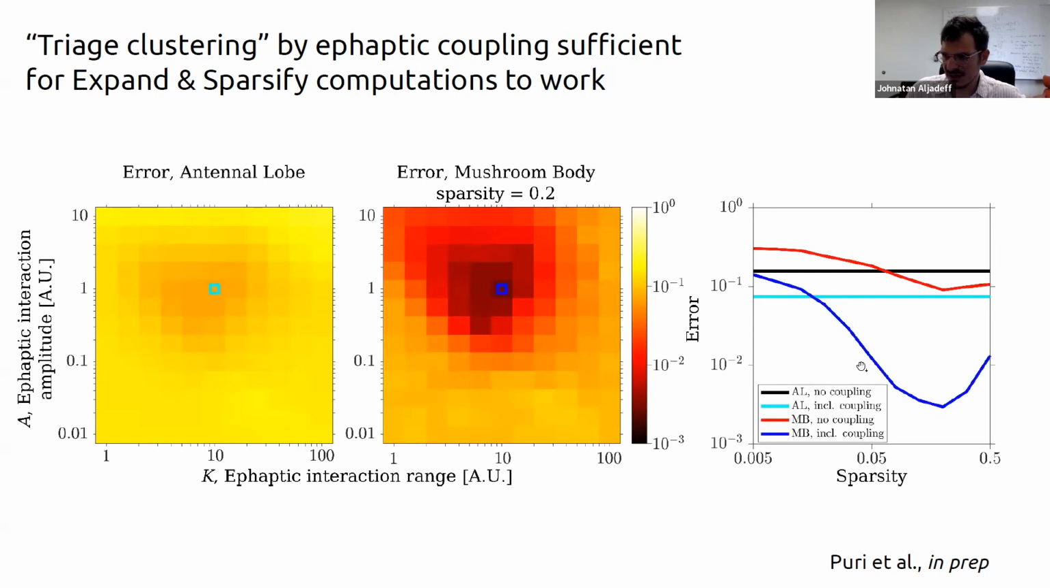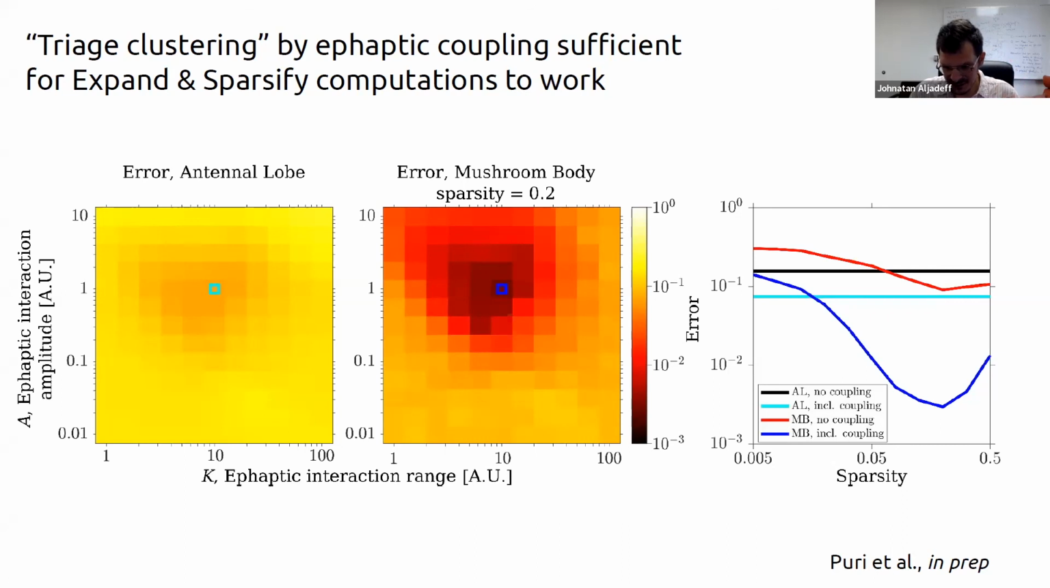So this point here is the optimal degree of sparsity that we found in our model, that is consistent with the degree of sparsity of responses to odors in the mushroom body, and this shows the improvement relative to all these comparisons. So we look at antennal lobe with no coupling, antennal lobe including coupling, and mushroom body with and without coupling. So our conclusion from this is that